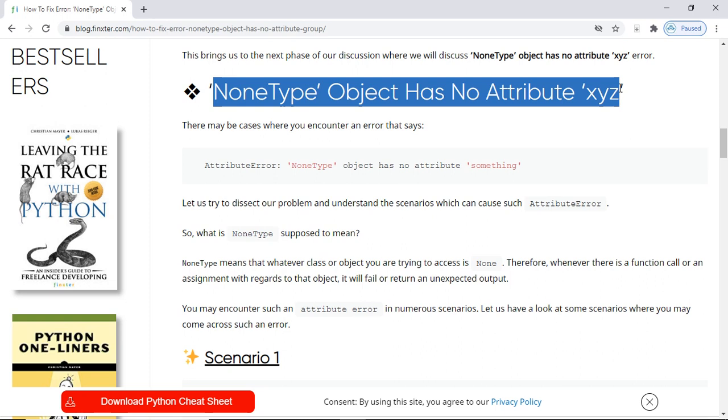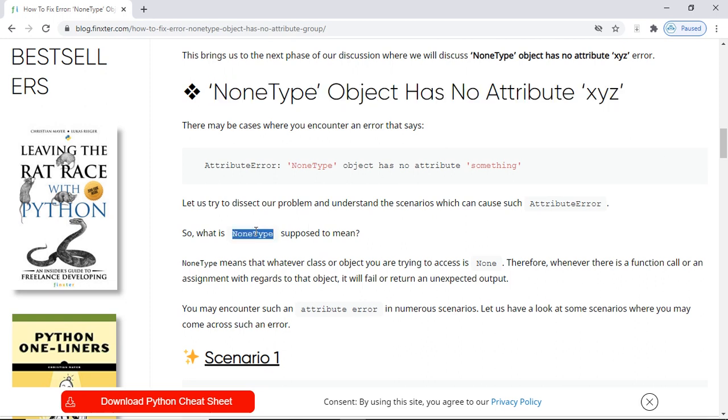Now why do these kinds of attribute errors occur? To understand that, we must understand what NoneType means. NoneType means that whatever class or object you are trying to access is None. Therefore, whenever there is a function call or an assignment with regards to that object, it will fail or return an unexpected output.